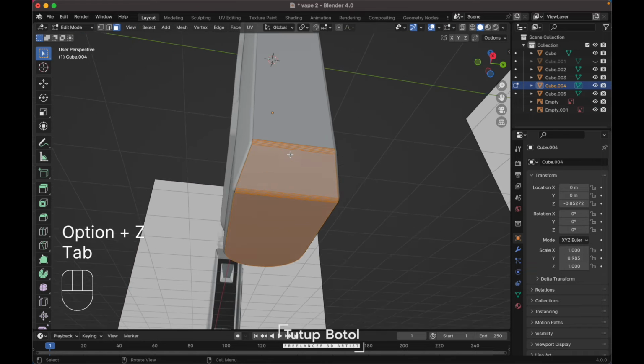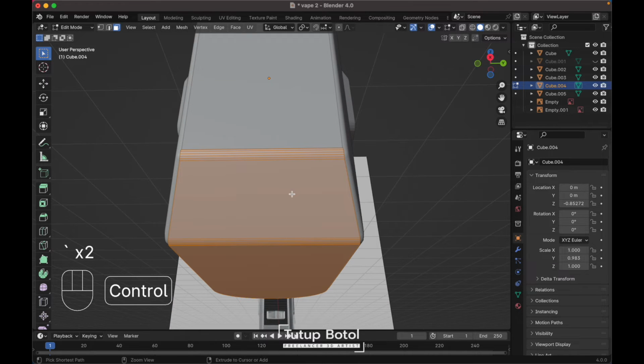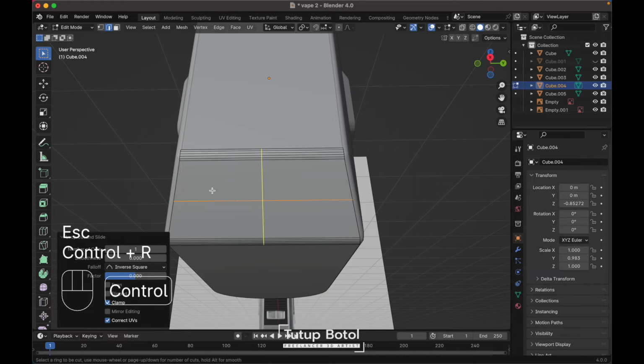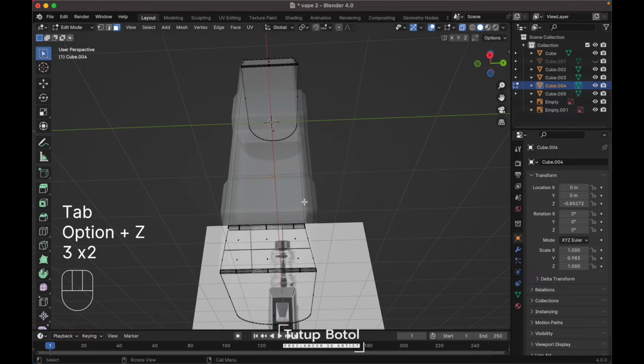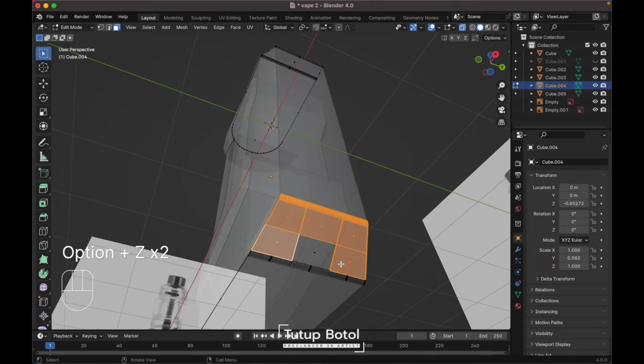Select this object, press Ctrl R to add a loop cut over here, again, press Ctrl B to bevel it, just make it two segments, just like this. To the face mode, select this face, and this face, just select them like this and like this. Here we need to select all of this face,